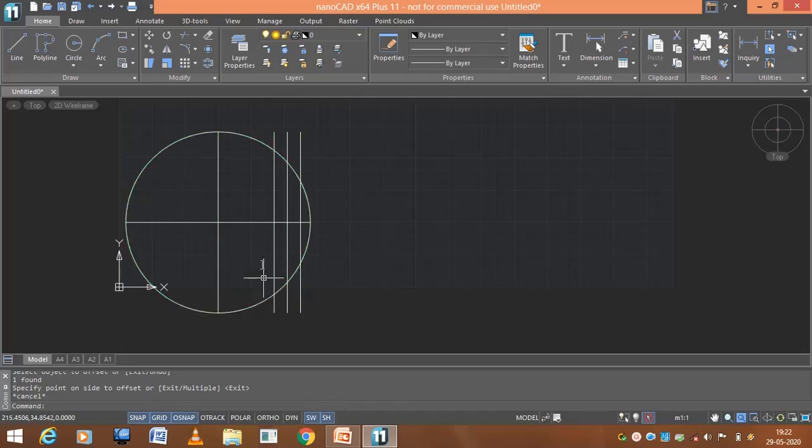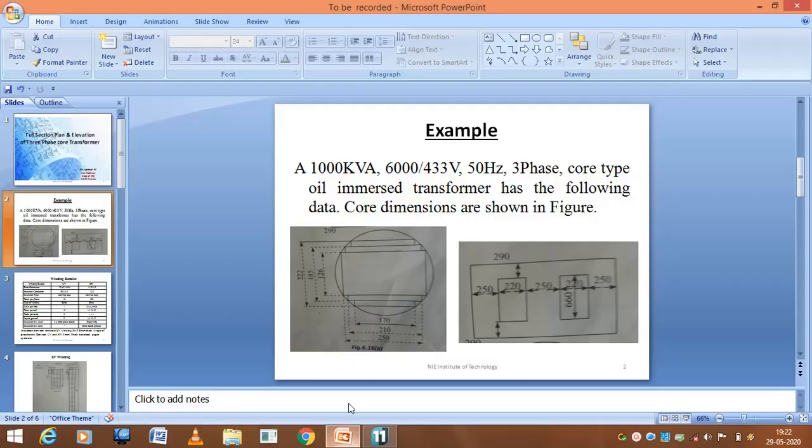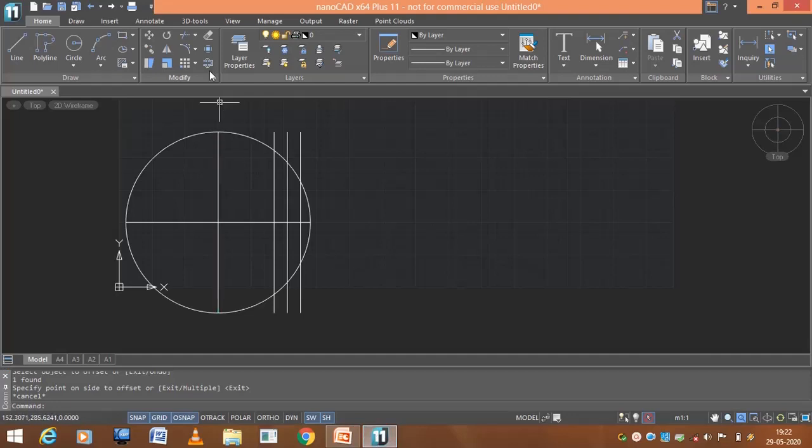Now let us go with respect to the horizontal axis. Okay, from this horizontal axis, the distances of the largest stamping are 222, 185 and then 126. Clear? So let us go for 222. 222 divided by 2, and the reference will be the horizontal axis. Let me have this on one side.